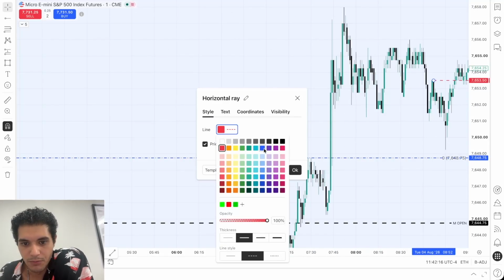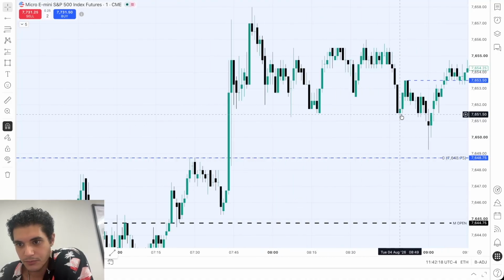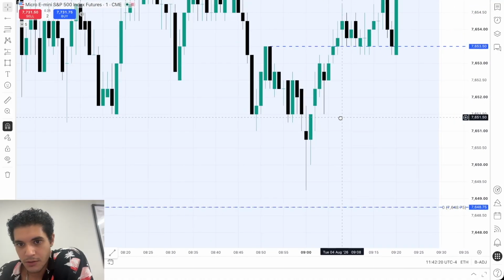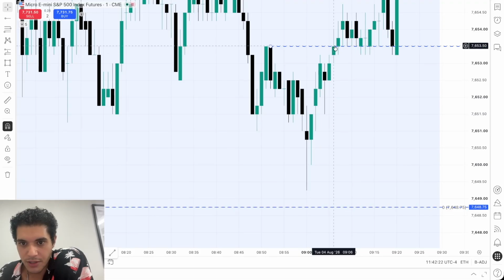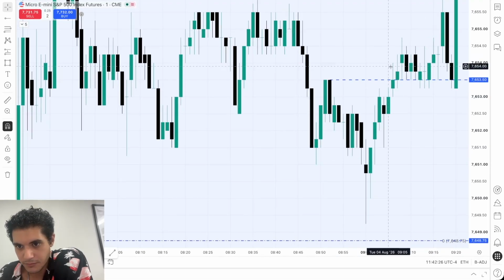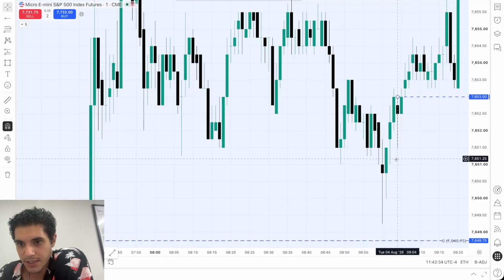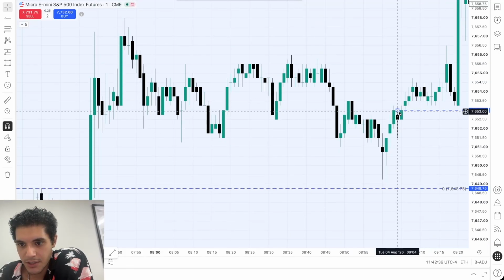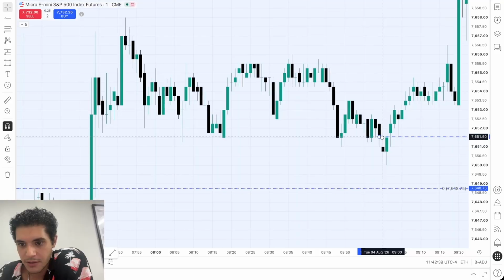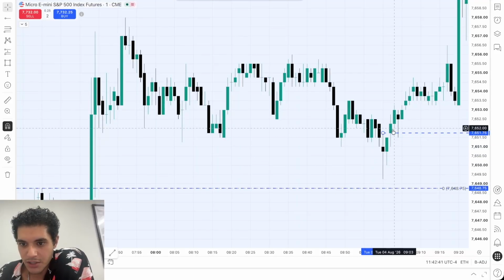I'll just make this blue. This high is broken here. This is your bullish order block. Once this high is taken out, yes, you have one down here. You don't have a change in state of delivery with one bar, but